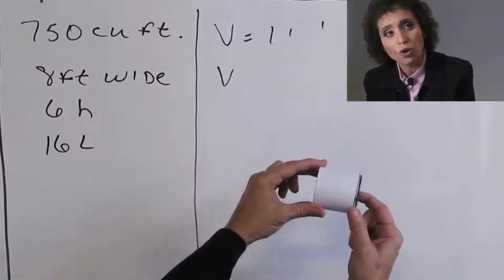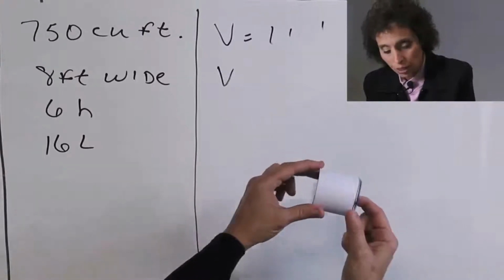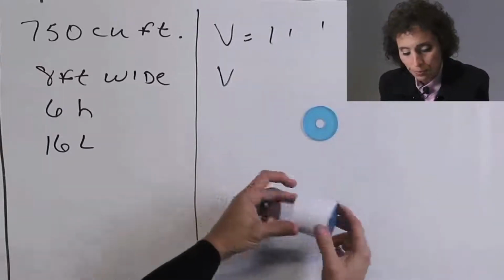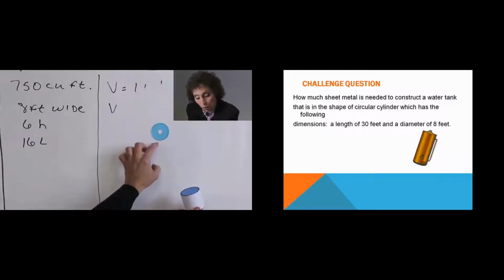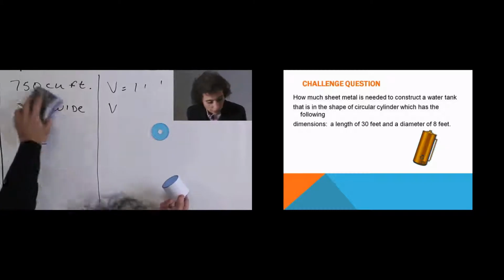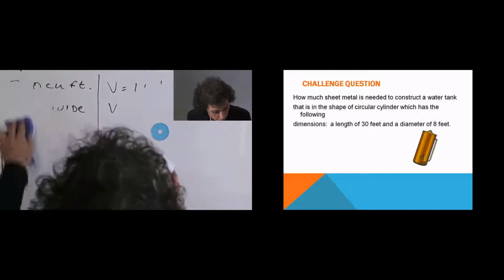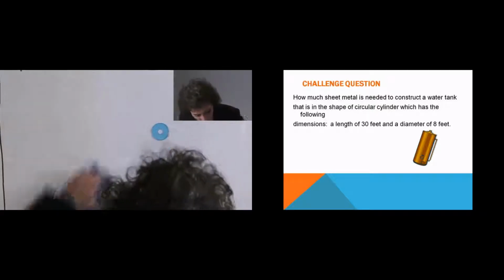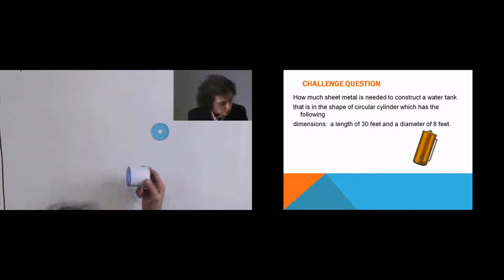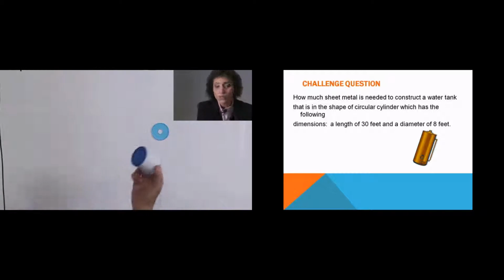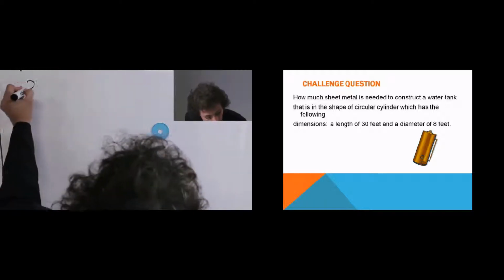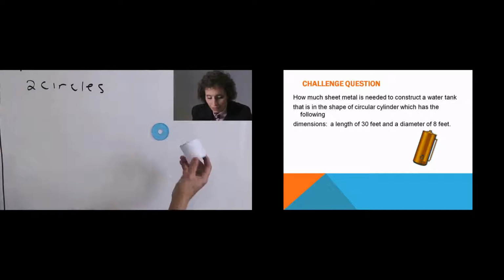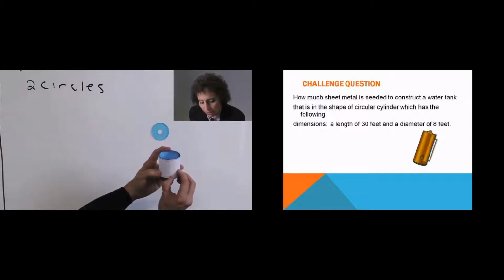I want to show you the surface area formula that we can use for this. It's really cool. Remember, we have a circle. We have another circle, which I can't rip off, so there's 2 circles. So I'm going to write this down, 2 circles, because this is going to be important. And this formula is in your workbook. And again, you never have to do this. I just want you to see where these formulas come from. Okay? There's 2 circles plus whatever this is. So now I'm going to take off my tape